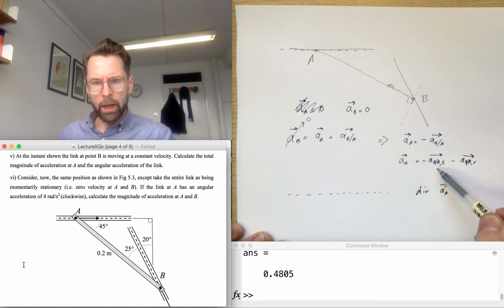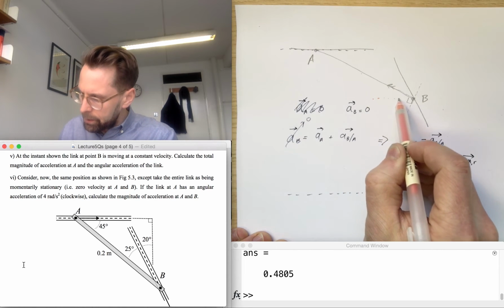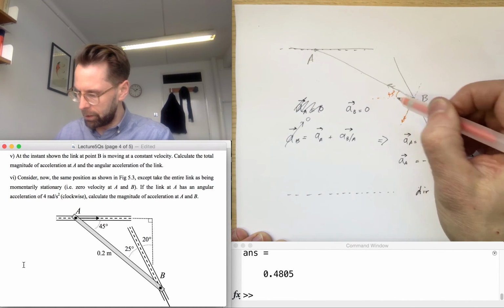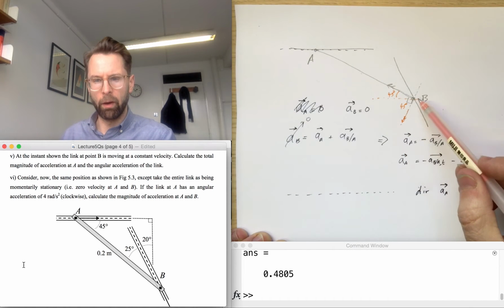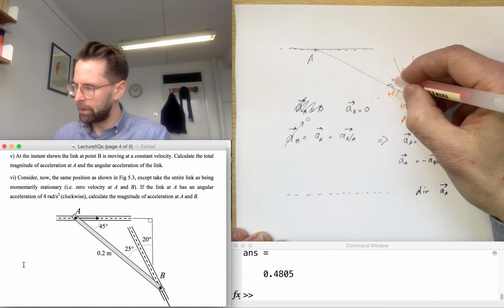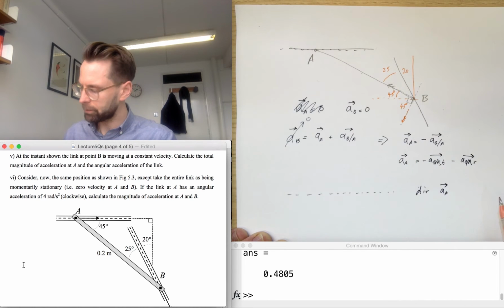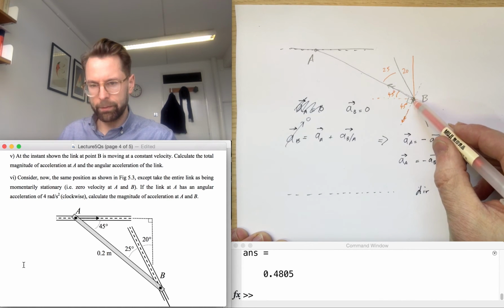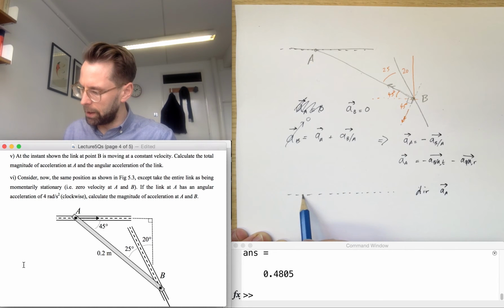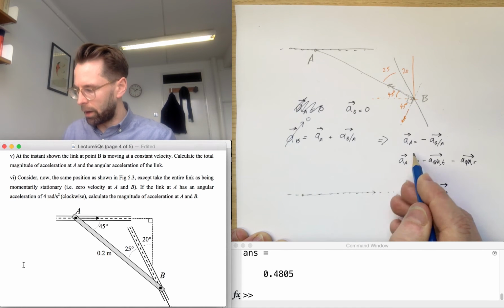And then we've got the tangential components. Now, this is again why the question isn't particularly great, because these two components of the acceleration of B relative to A are 45 degrees and 45 degrees from the horizontal, and you can work that out from, if that's 20 and that is 25, then that's going to be 45. So we know these two directions. So something that starts here is going to go along here. Let's say this is the acceleration of A. We don't know the magnitude yet, but there's going to be a direction,